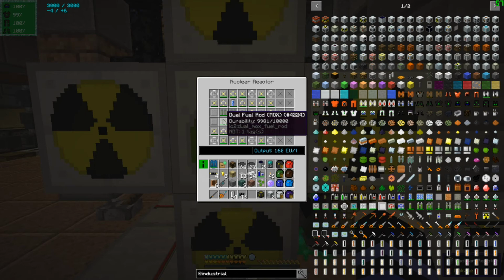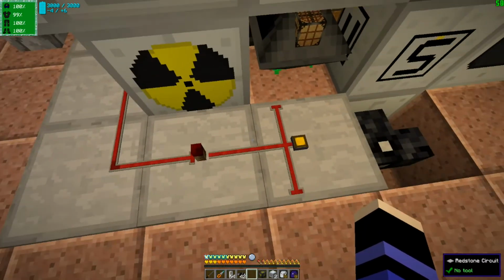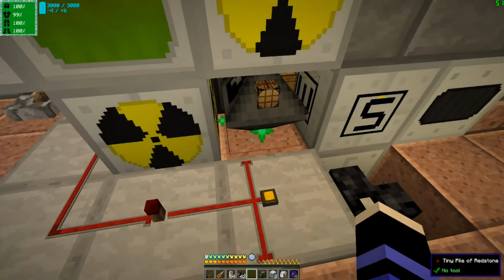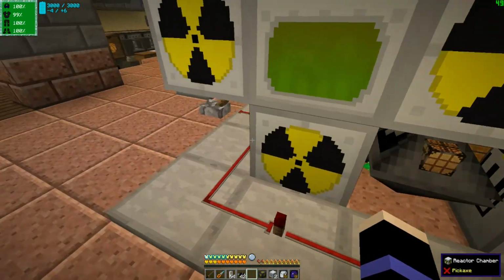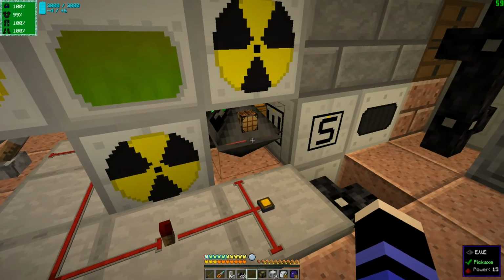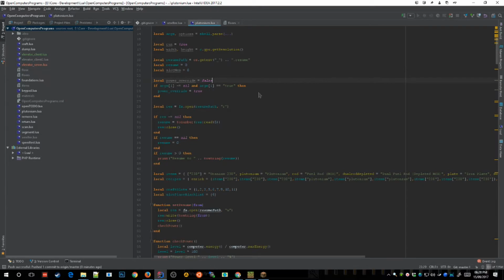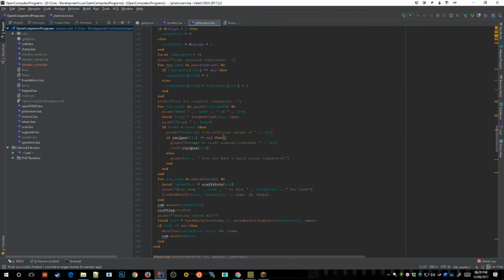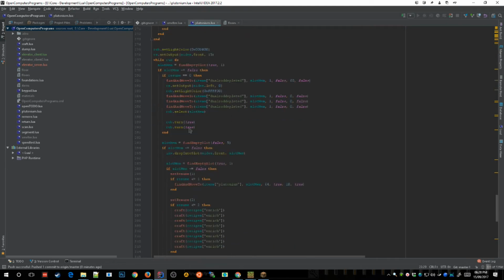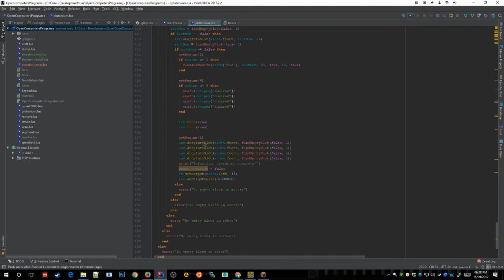But okay, these still have varying durabilities. I'm not entirely sure what is up with that. They're still starting the reactor too early. We could potentially have a quick look at that. So, down here in the main loop, what it does is...